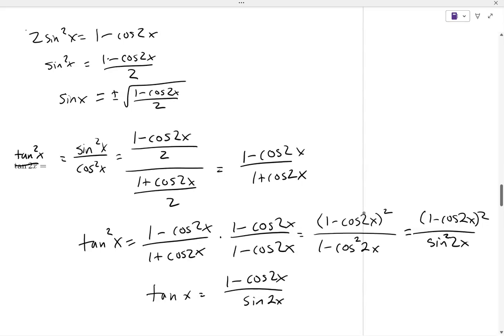Now technically, whenever you take the square root of both sides, you should always get plus or minus. But remember, it's not a true plus or minus. When we're doing these, it depends on what quadrant the x is in. For the tangent, notice that if it's in quadrant 1,